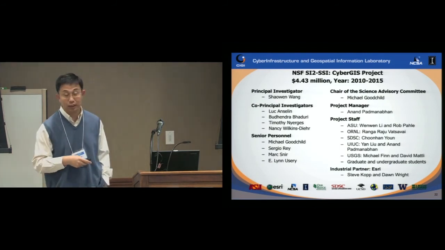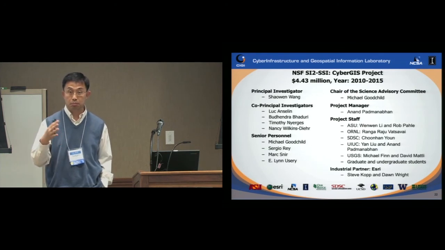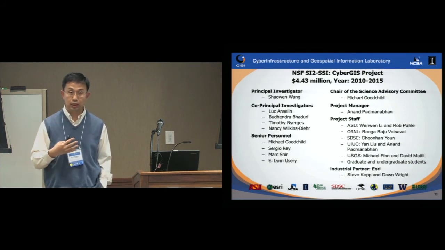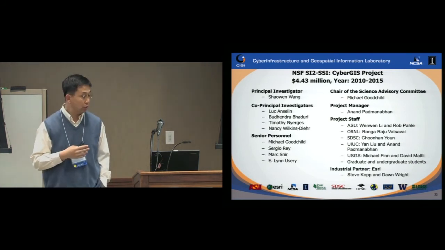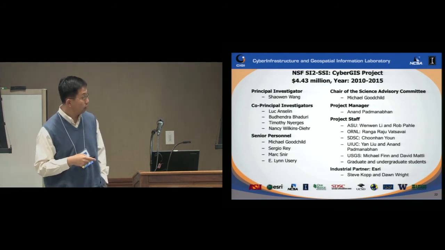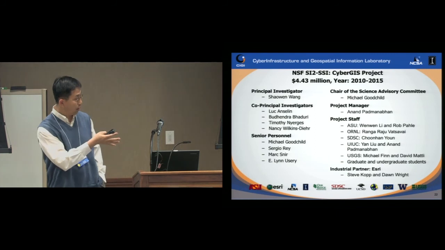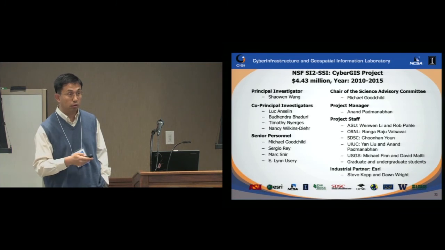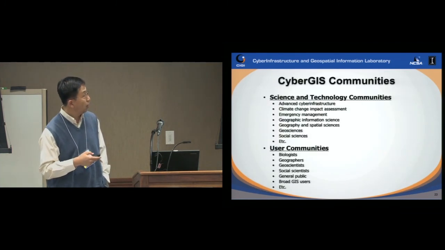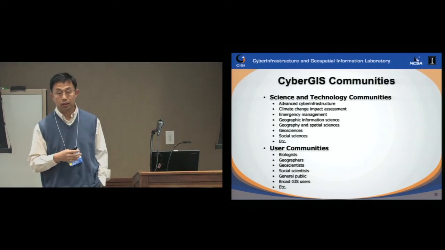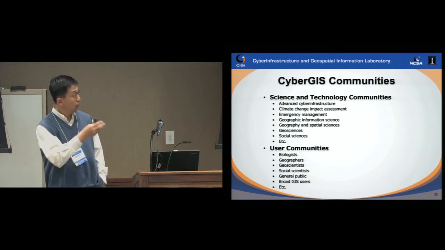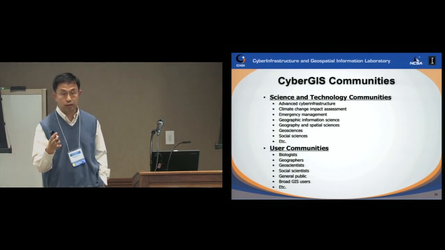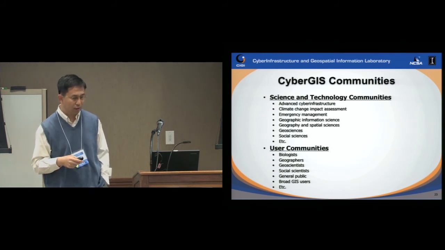NSF funded this project exactly to help us figure out this space of understanding what the scalable new methodologies are in the context of GIS for solving the kind of problems I was sharing with you, in this case, redistricting optimization. This project covers nine institutions with industry. ESRI, if you're familiar with GIS, is also partnering with us. And as you can see, the project is five years; we're getting to the fourth year, getting related communities involved. You see the diversity of the communities, and in this case, political science and operations research are examples tackling